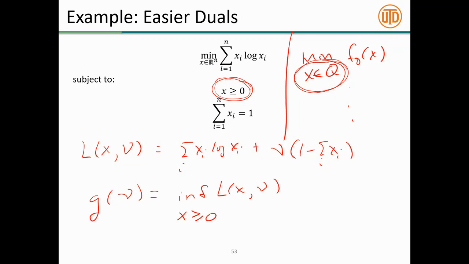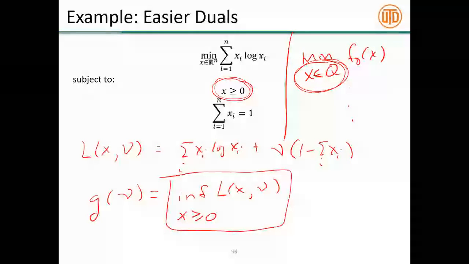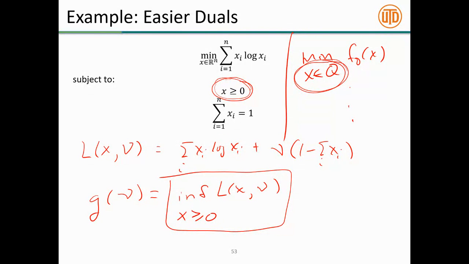In fact, if we just take the derivatives of the Lagrangian, set them equal to 0, and solve, we'll find that the solution is always attained at a value of x that is greater than or equal to 0. So it's easy to construct the dual function in this case. The point of this is that sometimes this is a really useful trick in practice. If some of the constraints are very easy to optimize over, you don't need to add a Lagrange multiplier for them; you can just optimize over them when you construct the dual function.